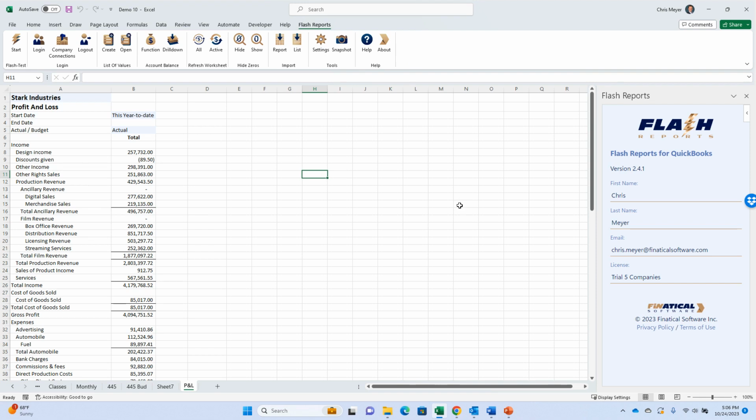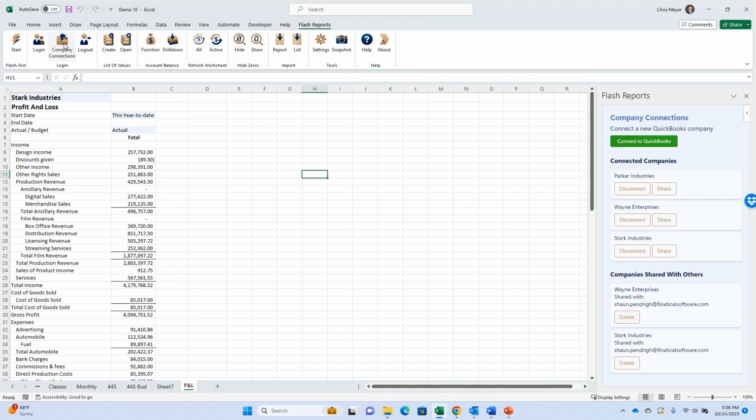Today I wanted to give you a quick overview of how Flash Reports enables refreshing your QuickBooks Online finance data directly in Excel. As you can see here, I'm connected to 3 QuickBooks Online companies, and this essentially enables me to report on all 3 of them either in the same sheet or to use an existing report and just